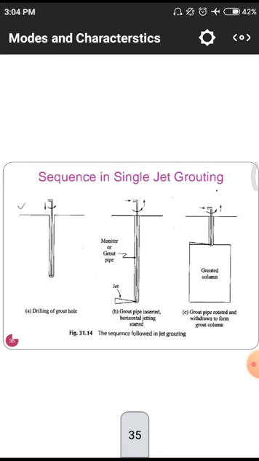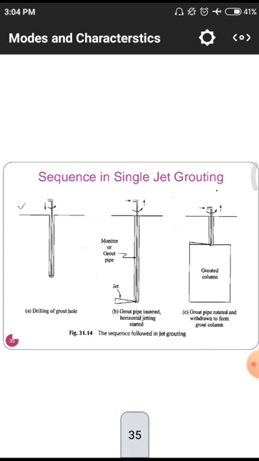On the second scale there will be some pipe with some jet. That means the jet, with the help of water or air or any other solid, they are utilizing for this jet grouting. In the middle we are having some monitor or grout pipe. On the other hand, we are having this grouted column. The grouted column is formed after filling these grout materials into the soil conditions. This is the total phenomenon of jet grouting.